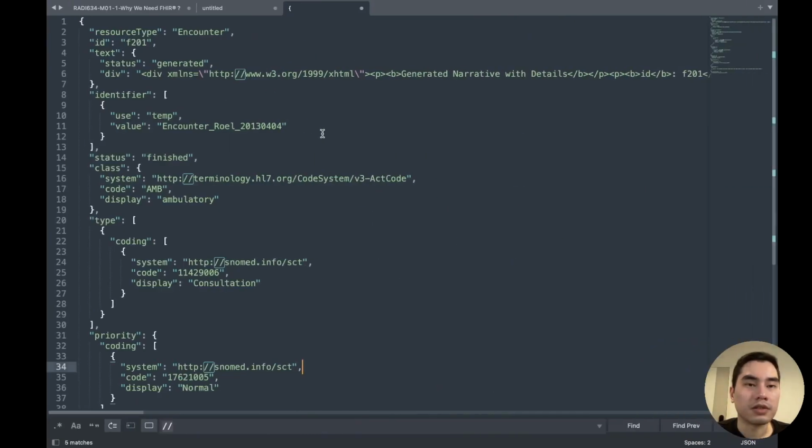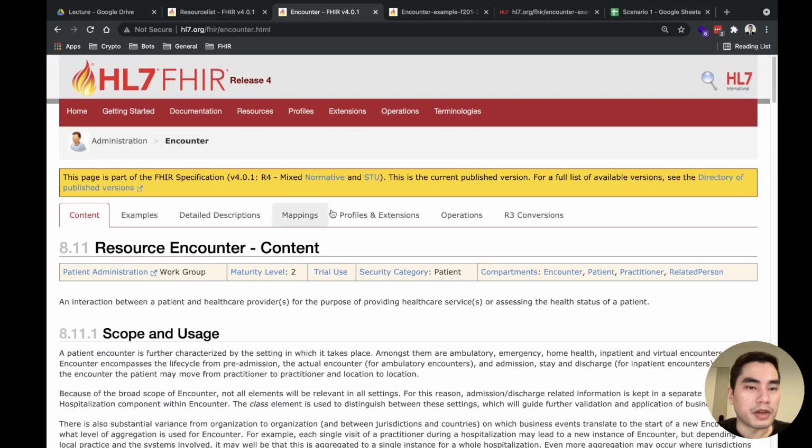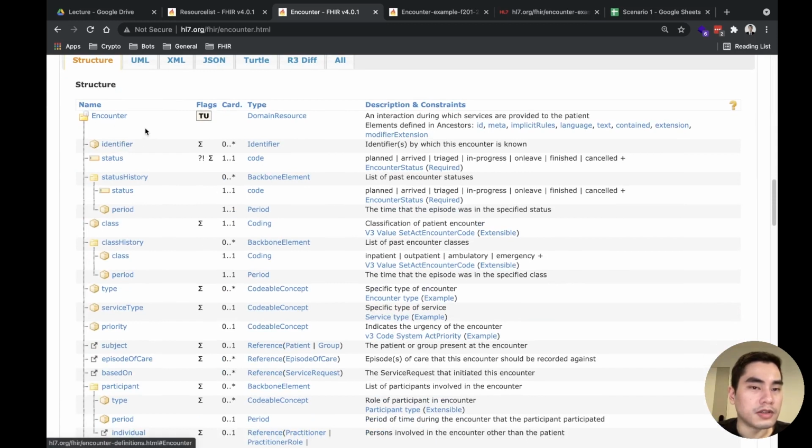Okay, so let's see what we already have. This one we don't need. We need identifier, because the identifier of encounter has data type identifier, which is the same as the patient identifier. So basically, all identifiers in FHIR, if they use this identifier data type, share the same structure.